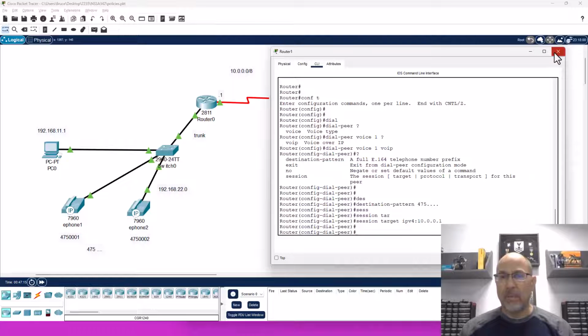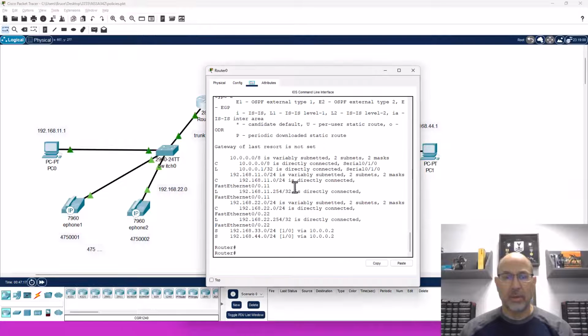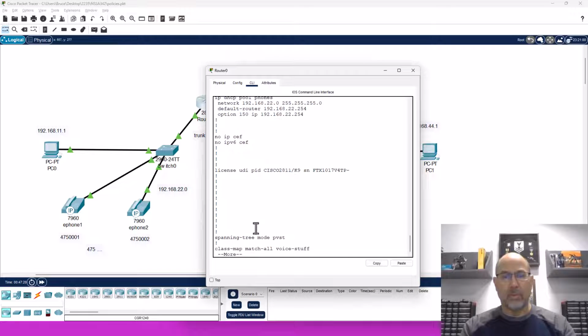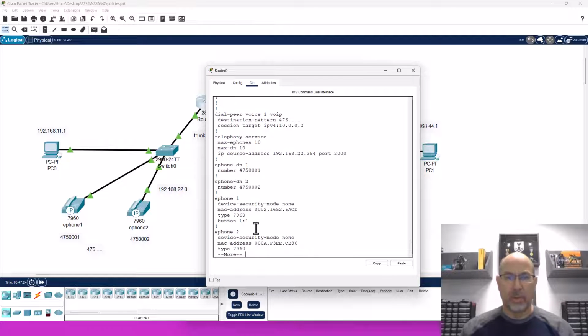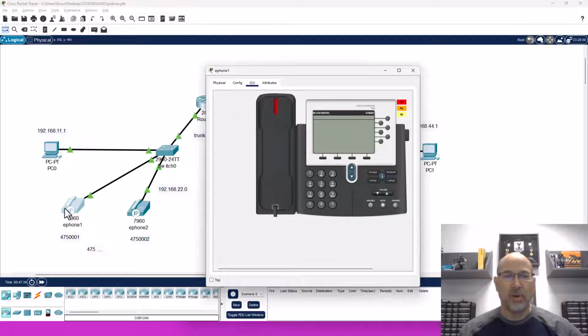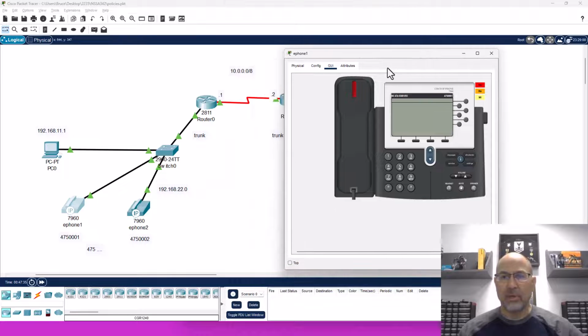Now I did the same thing over here. And we'll take a look at our dial patterns. There we go. So on this side, we've got a target that's the other side of that link, but we have a different destination pattern. Well, let's try our phone number again. And fingers crossed. Again,